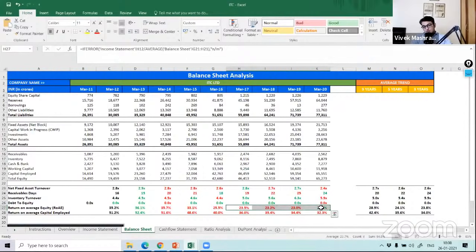So has their pricing power gone down? Have their expenses gone up and they are not able to pass it to the customer? Has the excise duty gone up and the government is just sucking away cash from there? That is the question you should ask. Then see this also, ROCE, same thing. Still 25% ROE, 32% ROCE, excellent numbers, no doubt about it.